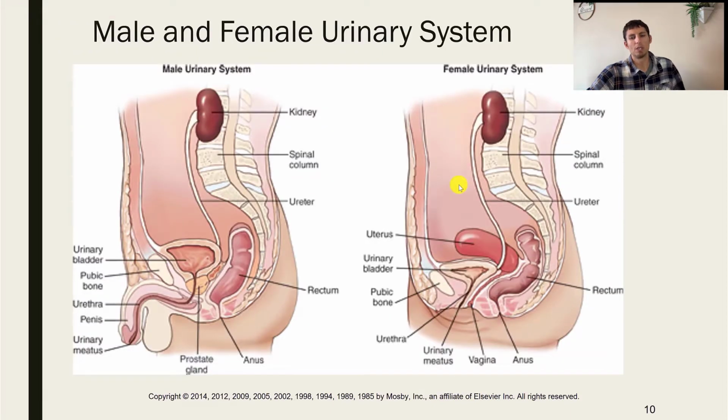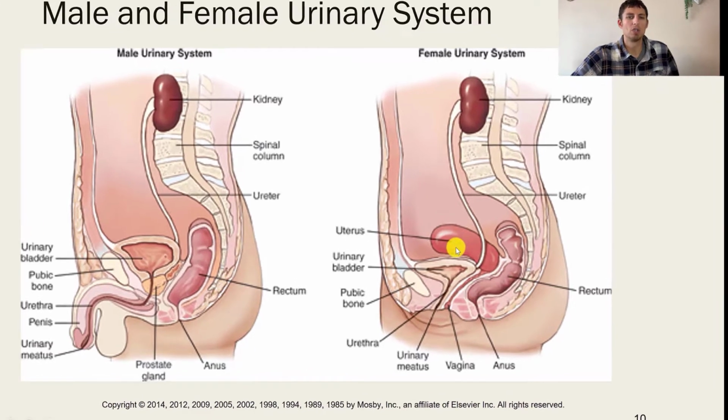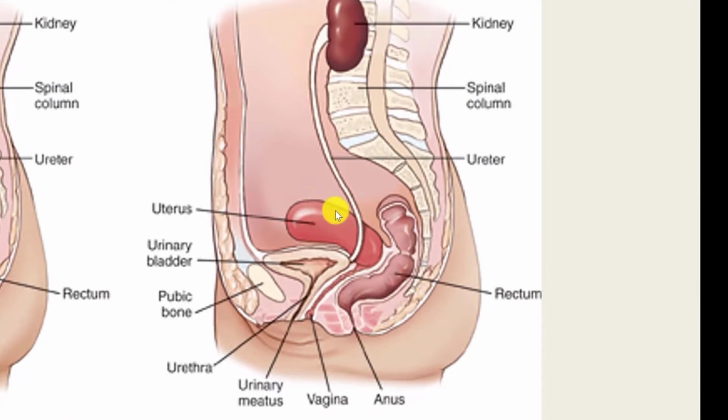And here we can see the difference between the male and the female system. Obviously, one main difference is the female has a uterus, but that is not part of the urinary system. Just note that that is there. Also, the proximity of the uterus to the ureter and the urinary bladder. Now we can see the urinary bladder in the female is quite a bit smaller than the urinary bladder in